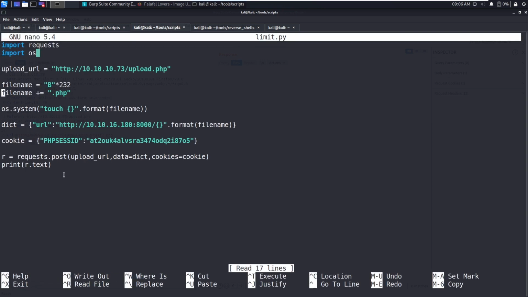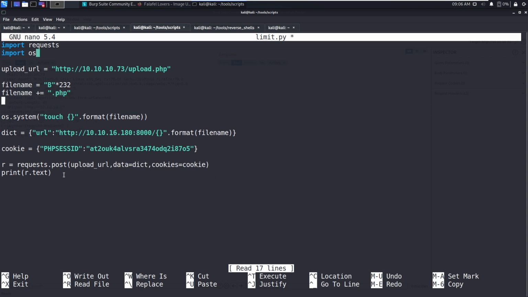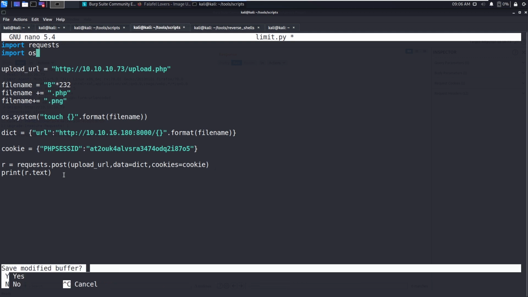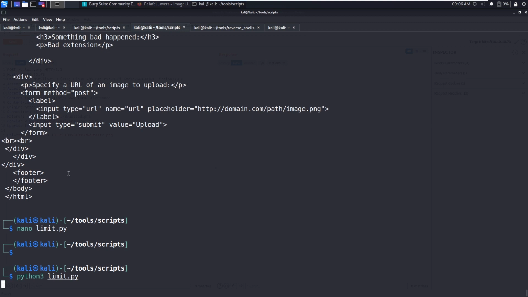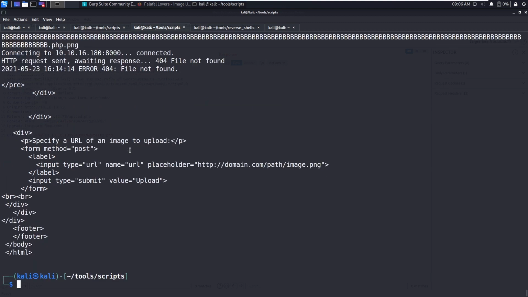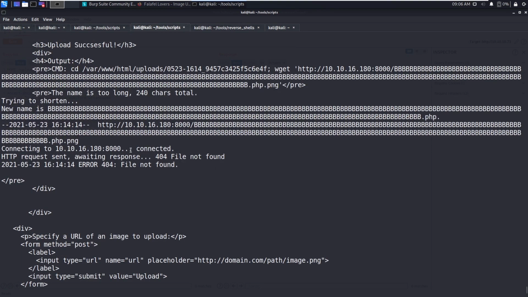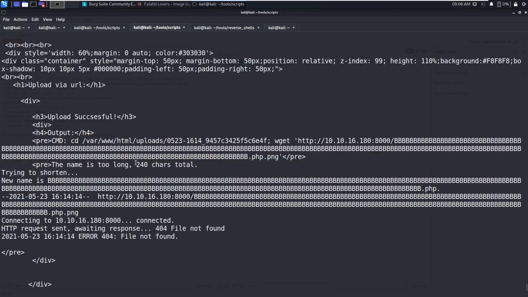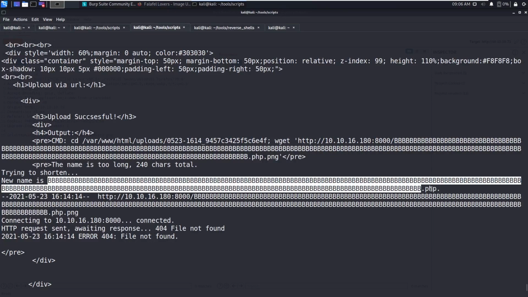Okay, now what we're going to do is say filename += ".png". Okay, that should do it, I think. You can see whenever we upload 240 characters, the last 4 characters have been truncated, and you can see that leads to the file name .php.